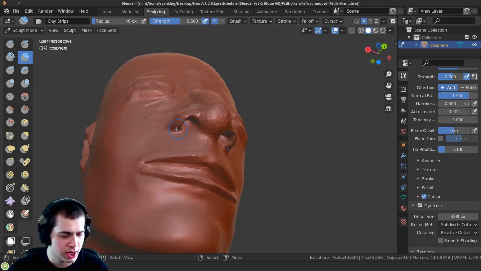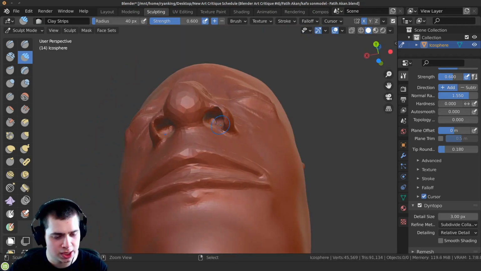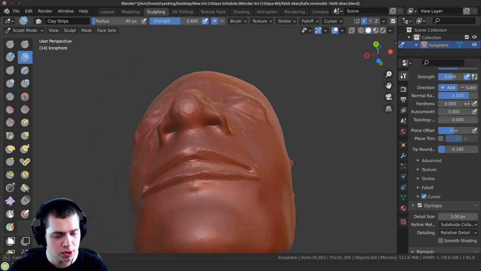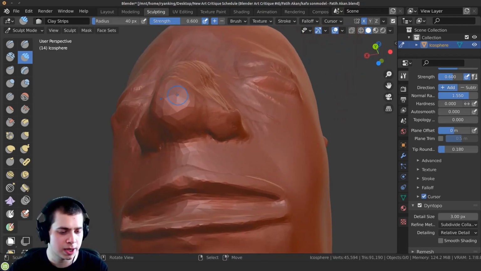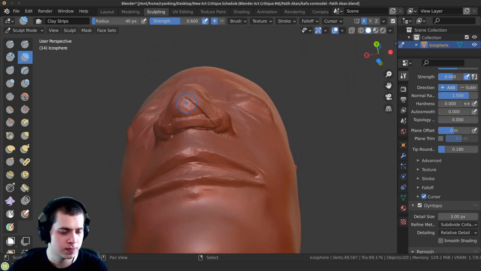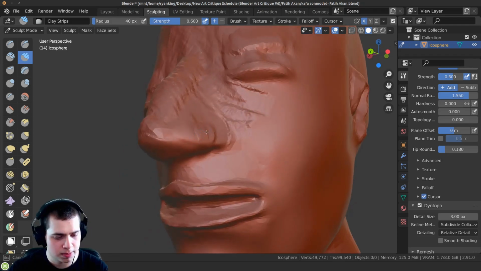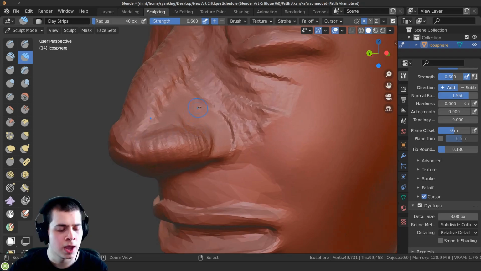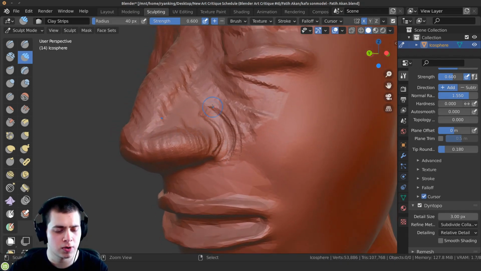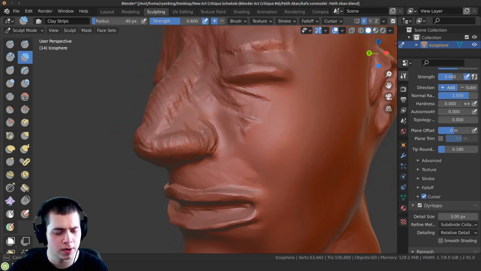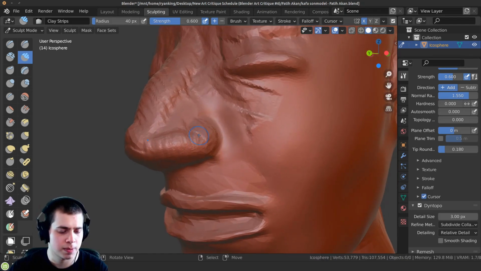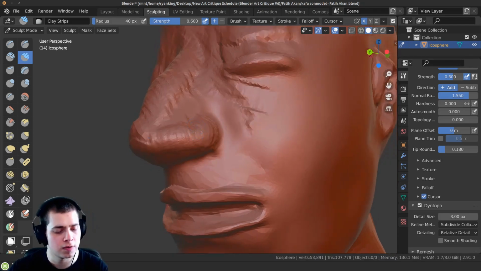Now these nostrils, they're a little bit thin. So what I'm going to do is go along here and smooth them out. I'm going to try to make a triangle shape like this, and then smooth that out. And then we'll pop out the sides here, the wings of the nose, going around there, popping that out. Then I can hold down the control key and go around here and smooth that out to make that shape there, behind the wings of the nose.